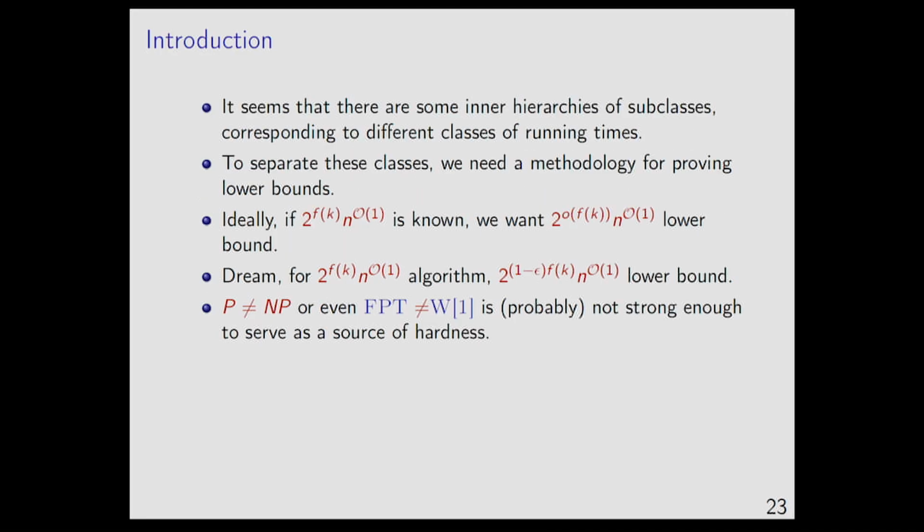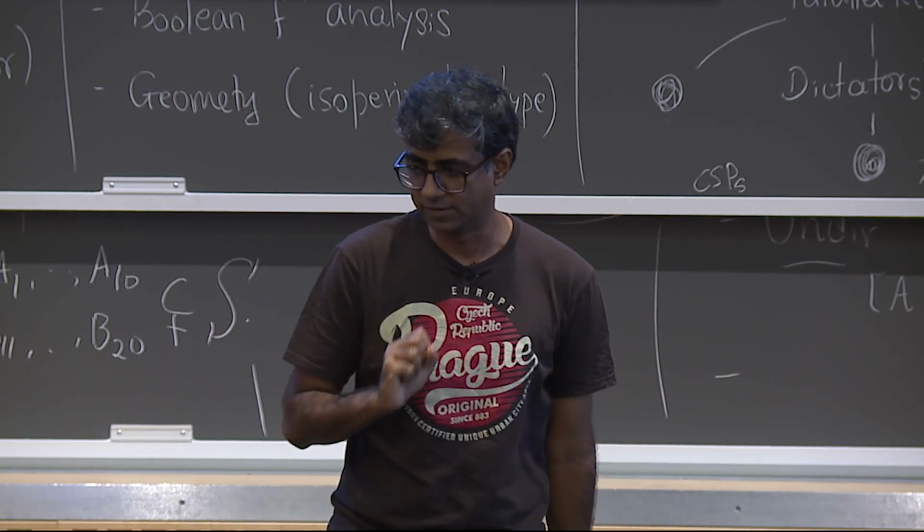So it seems that there are some hierarchies of subclasses corresponding to different classes of running times. The way in the polynomial time world we have something like k-SUM, 3-SUM, n squared, n cubed, APSP, they are defining that these problems have these kinds of running times. So they are defining a class of problems in itself. Similarly, it was very natural for people two decades back, now that they had shown lots of FPT and W1-hard results, to wonder whether the form of running time that they have is the correct one, or whether something better can be done, or whether somehow we can establish tightness.